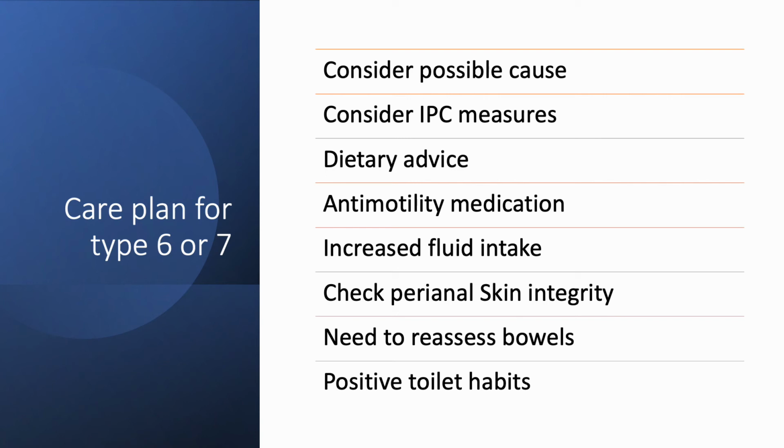So they need to replace the lost fluid somehow. They need to increase their fluid intake. And finally, check perianal skin integrity. It's very important because especially frailty patients, elderly patients, are more prone to have bed